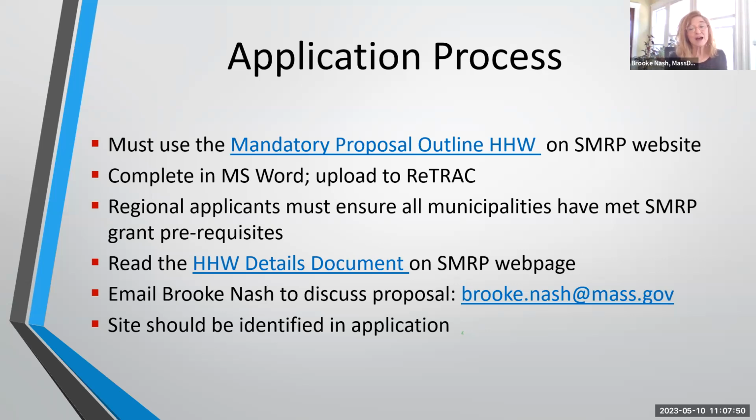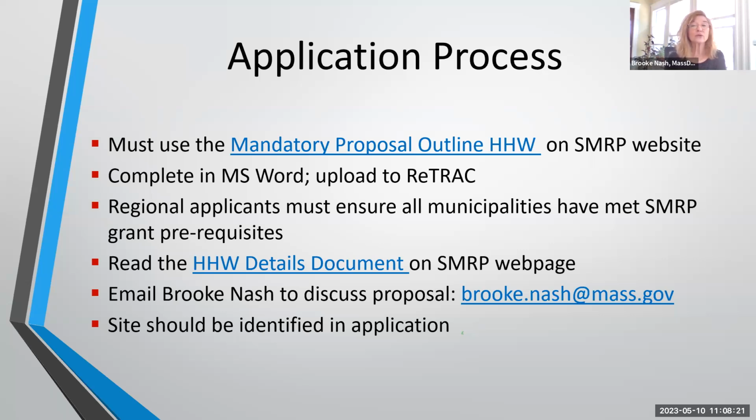Please, I will say, please do not send a draft application with a request to review it. We can't review applications or draft proposals for people ahead of time, but we are happy to talk with you, answer your questions, give you input and feedback. You should also, at the time you submit this application, have a site that you're pretty certain is going to work for you. That obviously is a major undertaking. So if you're really just starting out, you're going to want to do that homework first and figure out whether you've got a viable site.